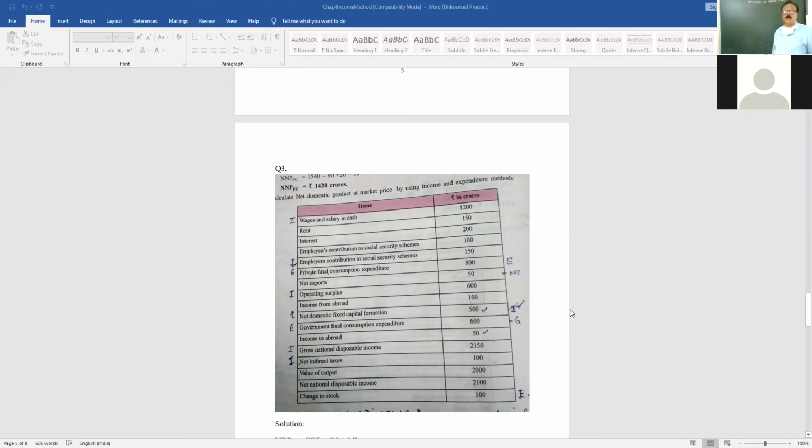Calculate the net domestic product at market price by using income method. Wages and salaries in cash 1200, rent 150, interest 200, employees contribution to social security scheme 100, employers contribution to social security scheme 150, private final consumption expenditure 800, net exports 50,